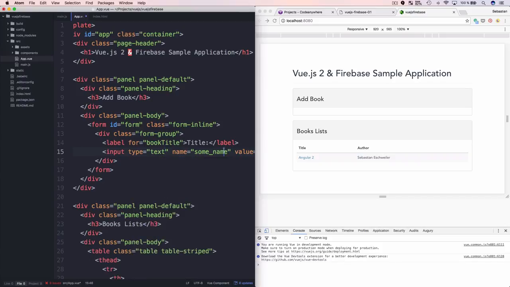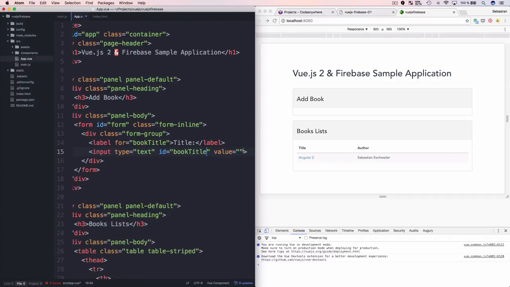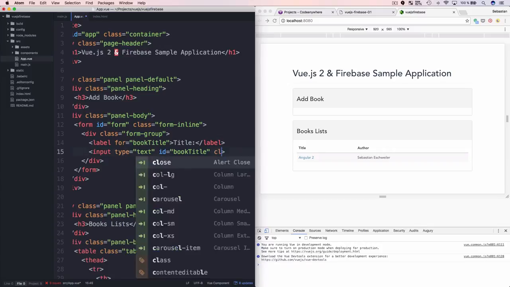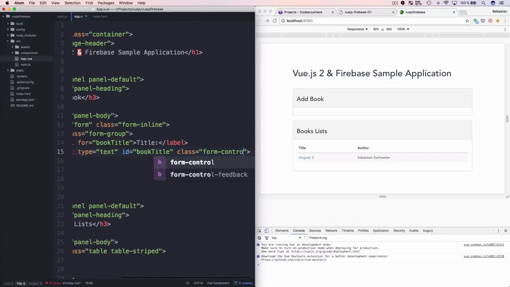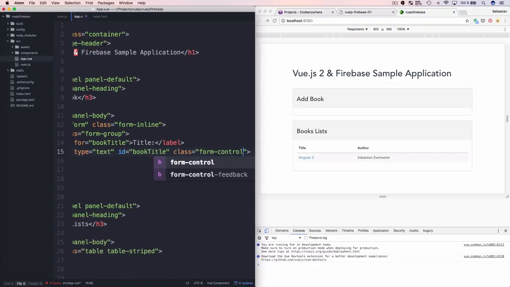It gets an ID here, and that ID should be book title. Okay, and let's use the bootstrap class form control here, and